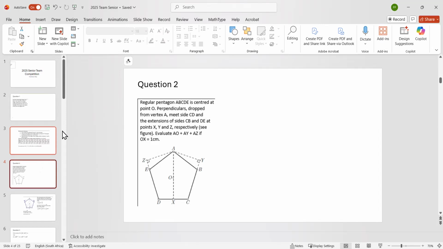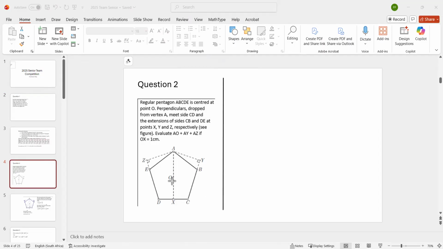Okay, now question 2. Regular pentagon ABCDE is centered at the point O. All right, so the center, by center you mean, you see every regular figure, whether it's a regular polygon, which is the one that we see here, or a regular hexagon or a regular septagon, all these regular